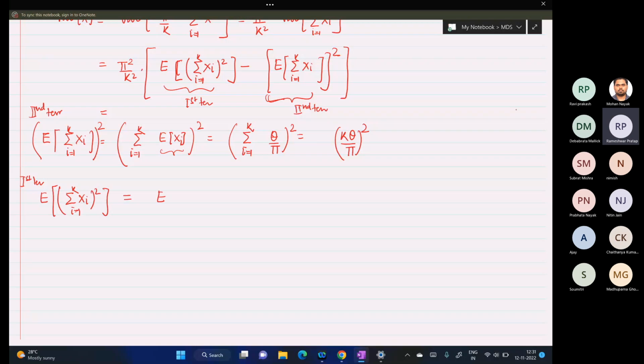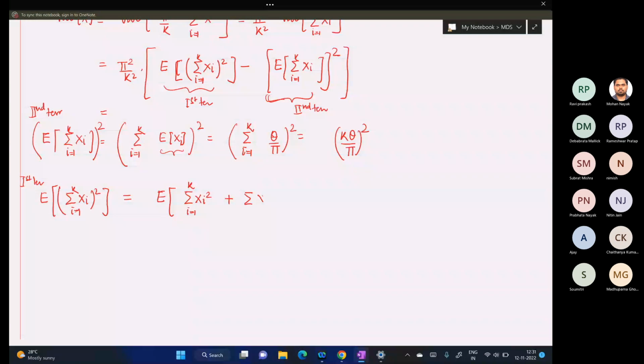Okay, again, we open this square. So it will be sigma Xi square, i from 1 to K, plus sigma Xi Xj, i not equal to j. Right? So I've just opened up this expression. Okay. So now we'll just, by linearity of expectation, we'll have